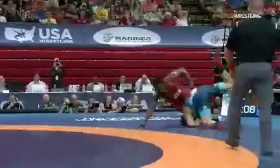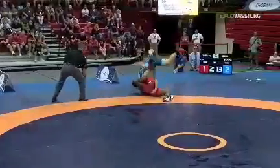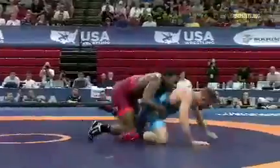And let's check out some highlights from this match. There's a double leg from David Taylor. Takes Cox out of bounds, and this 4-pointer. Cox with a late score, but